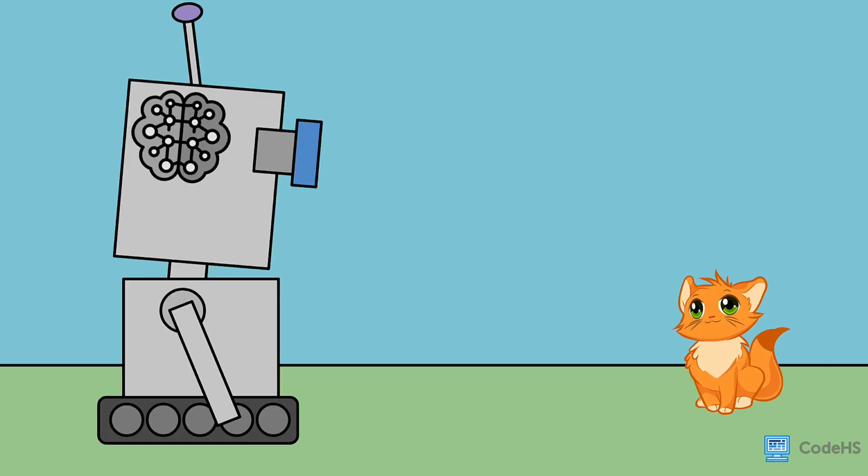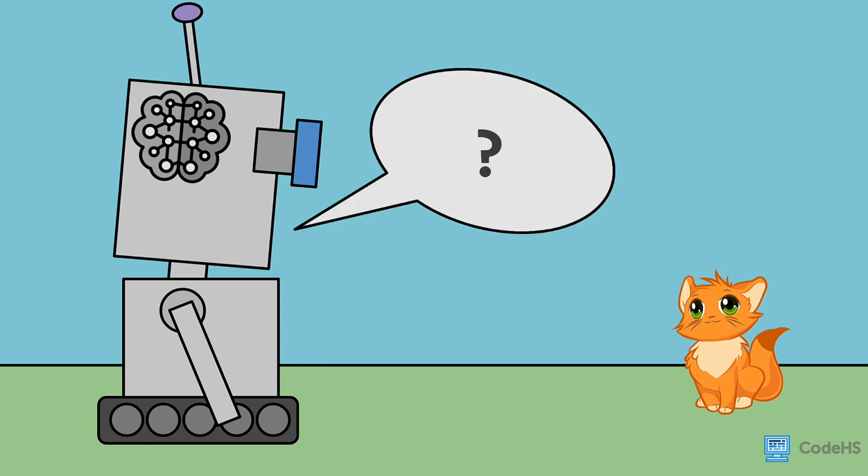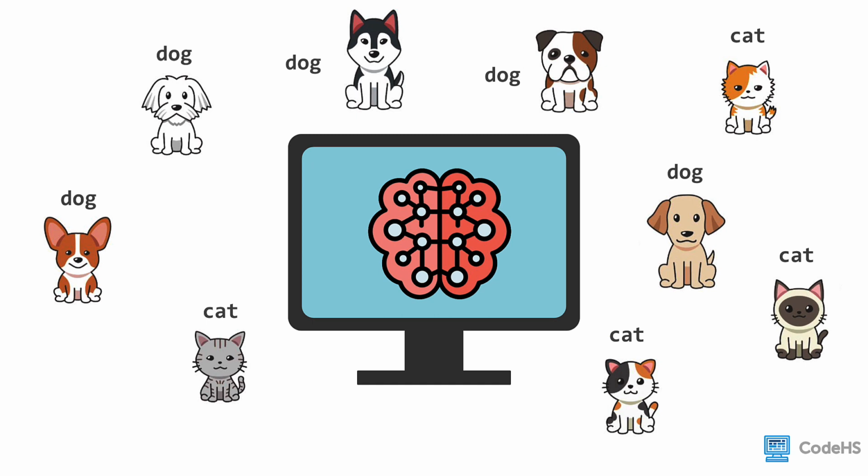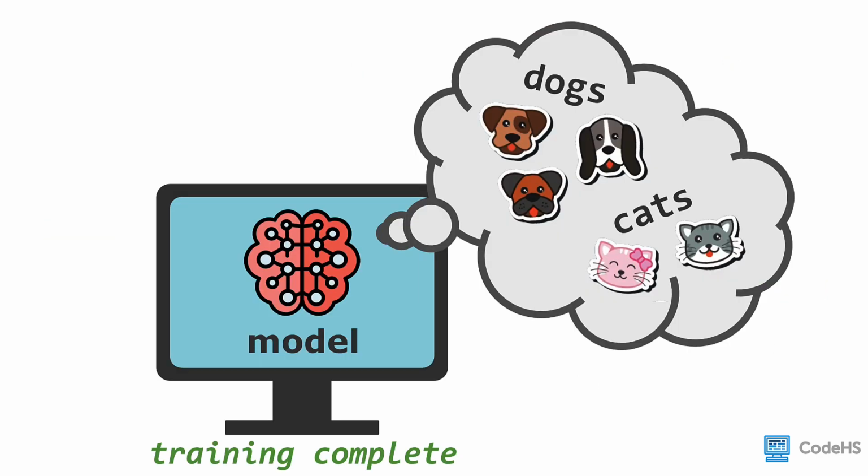Let's look at an example where we want to develop a machine learning model that will be able to tell the difference between cats and dogs. There are a few different approaches we can take with this, but for this case, we'll use data that contains images of cats and dogs that are labeled as such. And thus begins the training process. When training is complete, it has learned the differences between cat and dog images. Then we test it with a few new images to see how well it does.